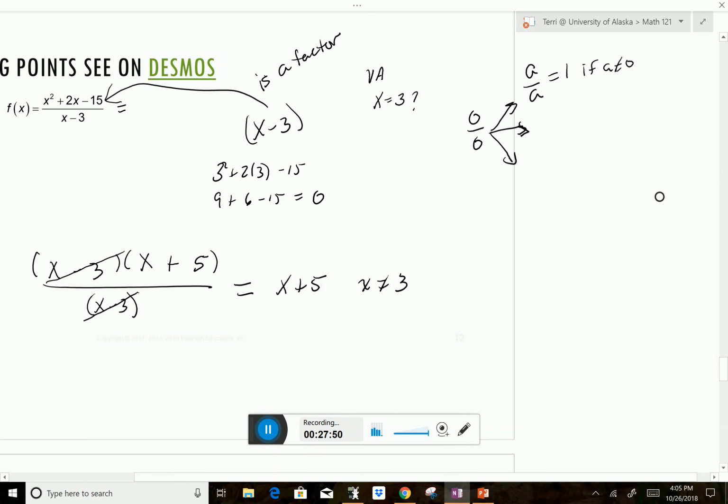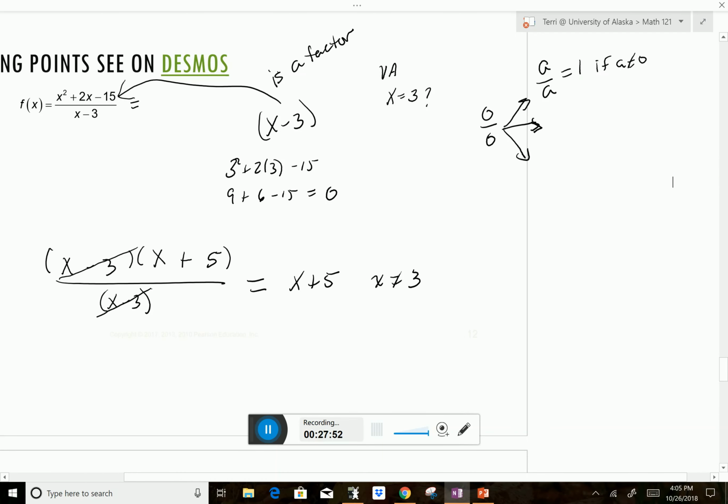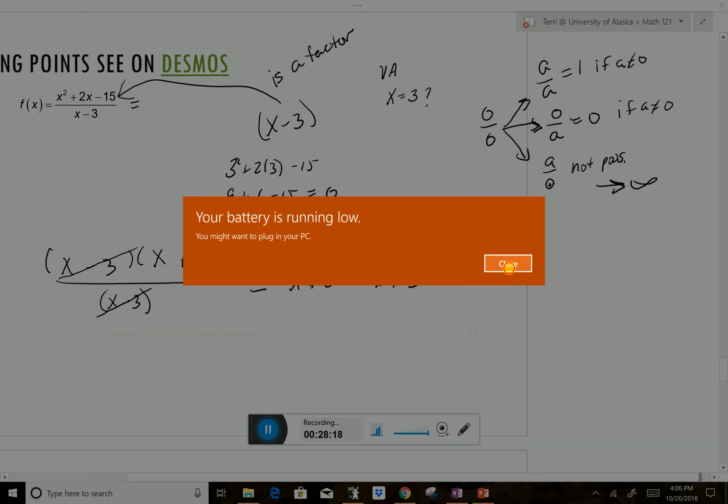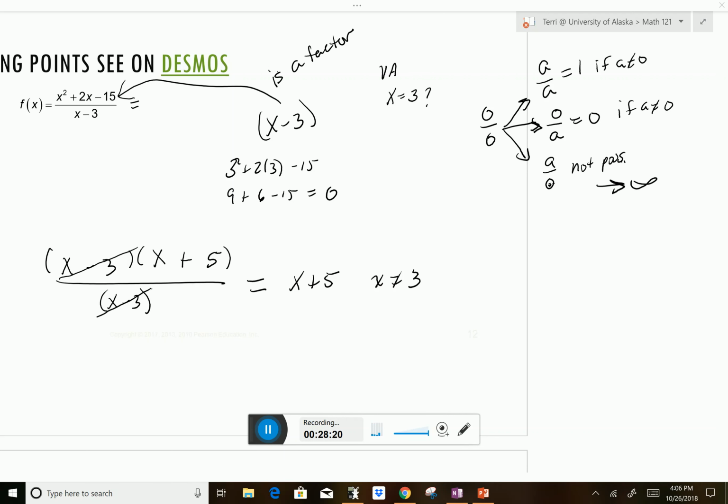So it should be 1, but 0 divided by any number would be 0, as long as that bottom isn't 0, right? And then a divided by 0 is not possible, because if you make this number smaller and smaller, that goes off toward infinity. So truthfully, we're looking at something that should be 1, 0, and not possible, or tend toward infinity,